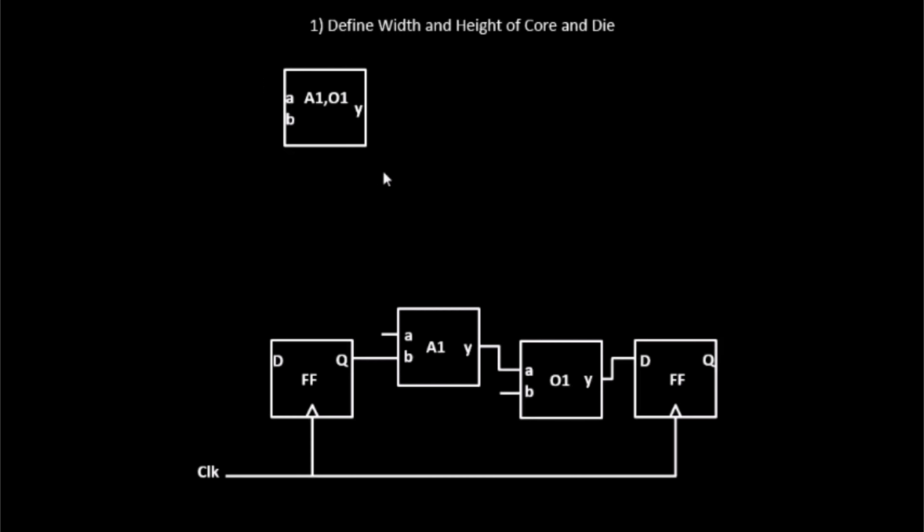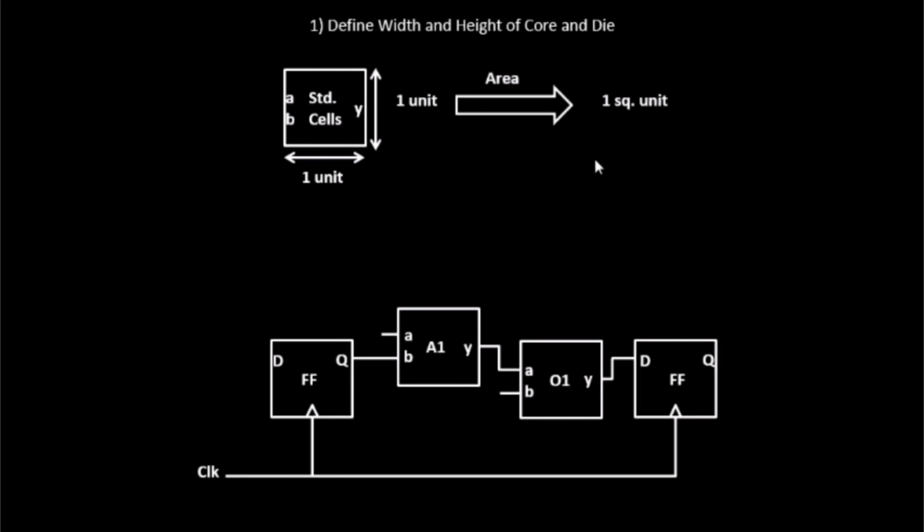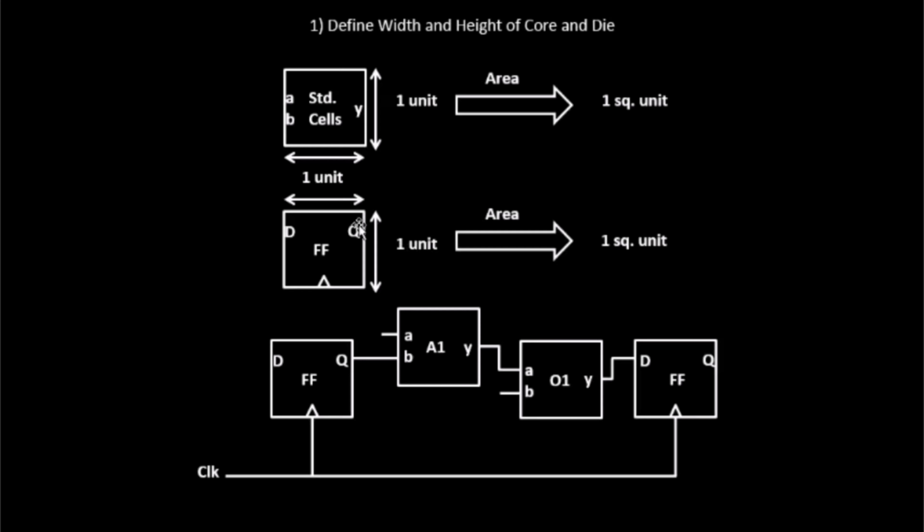Let's say the standard cells are given a dimension of 1 unit by 1 unit. This is 1 unit and this is 1 unit. So the area of each of these standard cells will be 1 square unit. Let us also assume the same area for the flip-flops, so the area of the flip-flop will be 1 square unit. Now, with the help of this netlist and these dimensions, we'll